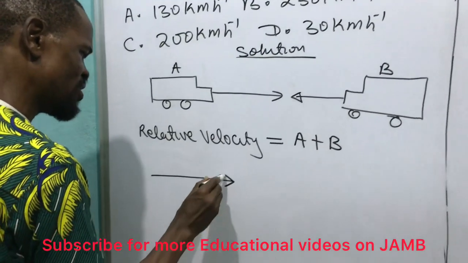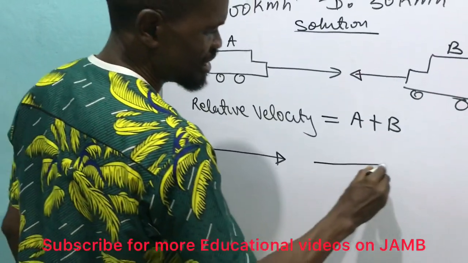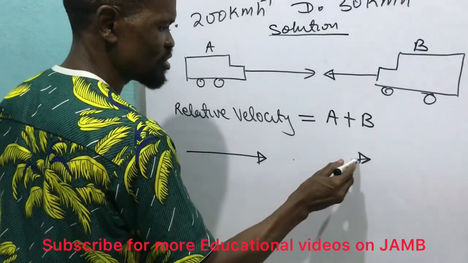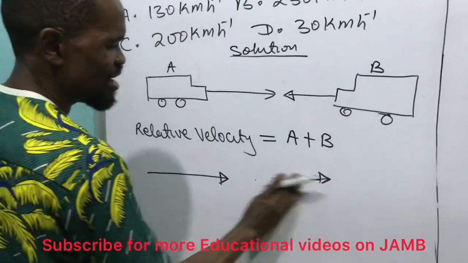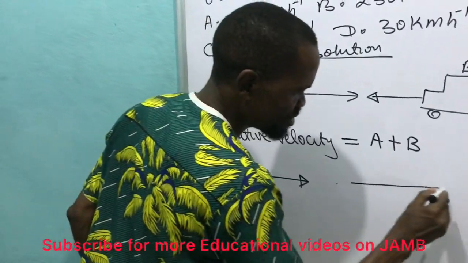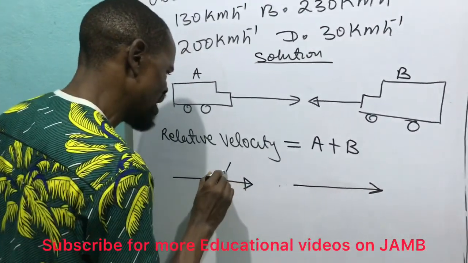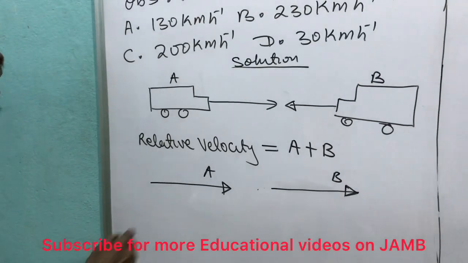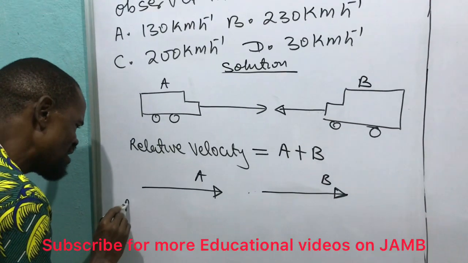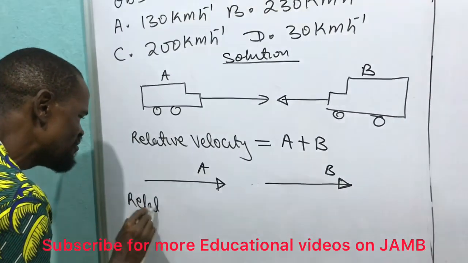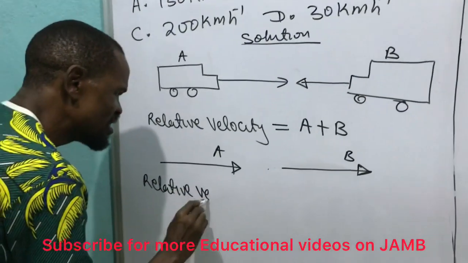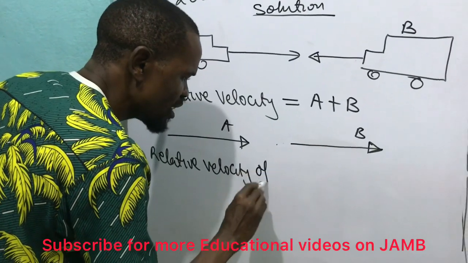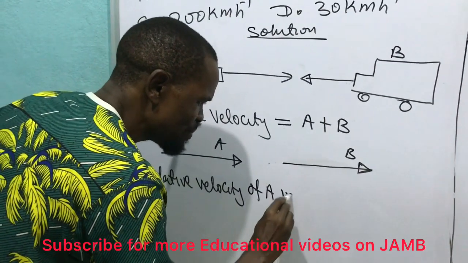Then what if the two cars are moving in the same direction? This car is moving this direction and this car is moving this direction, which means the two cars are moving in the same direction. This car I call A, and this one I call B. They are moving in the same direction, so I cannot say they are